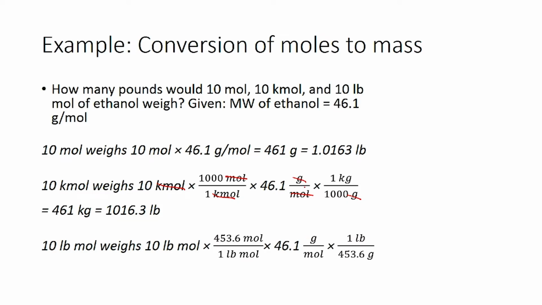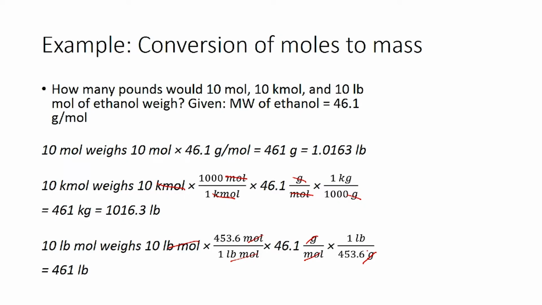10 pound moles would weigh 10 pound moles times 453.6 moles divided by 1 pound mole times 46.1 grams per mole times 1 pound by 453.6 grams. So, the pound moles cancel off, so do the moles and so do the grams, thereby giving you a final answer in the units of pounds. So, the final answer you end up with is 461 pounds, which is the mass of 10 pound moles of